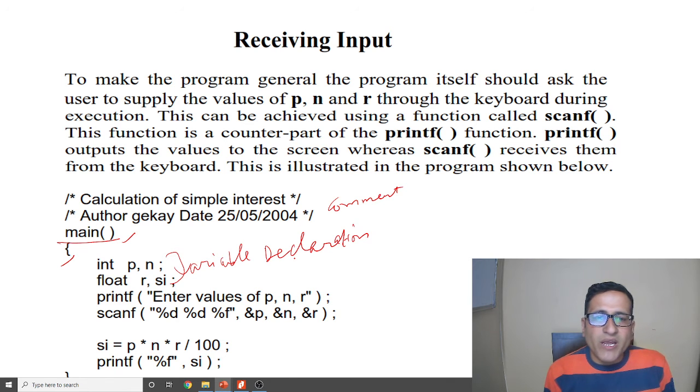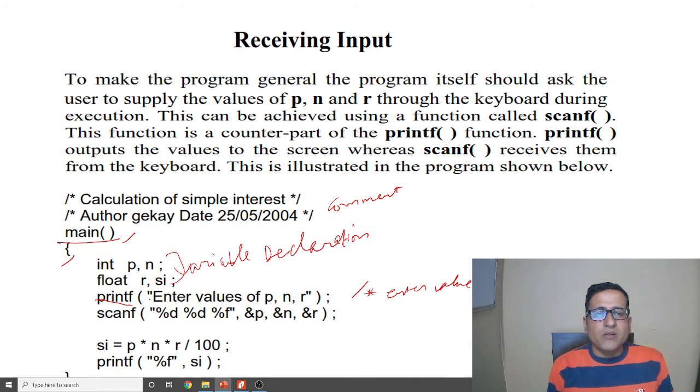A comment can be given anywhere, like we can give here a comment that says enter values of P and R. So on screen, after this message, in the output it will be displayed: enter values of P and R.